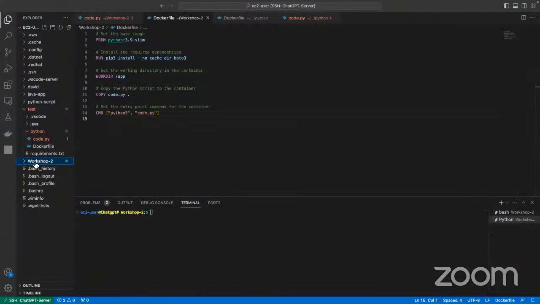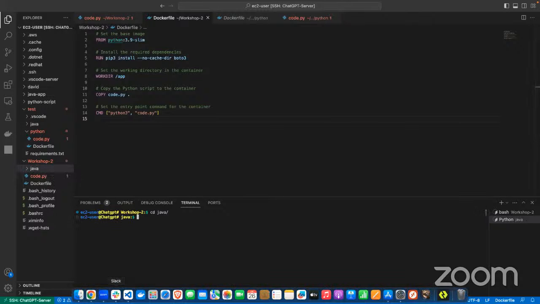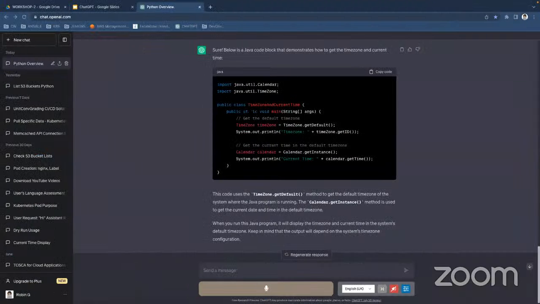So under workshop, let's create a new folder and give it a name like Java here. And under Java, let's first get into it. Under Java, I should be taking exactly the name from ChatGPT, because the class and the file name should match, right? So I just copied this one.